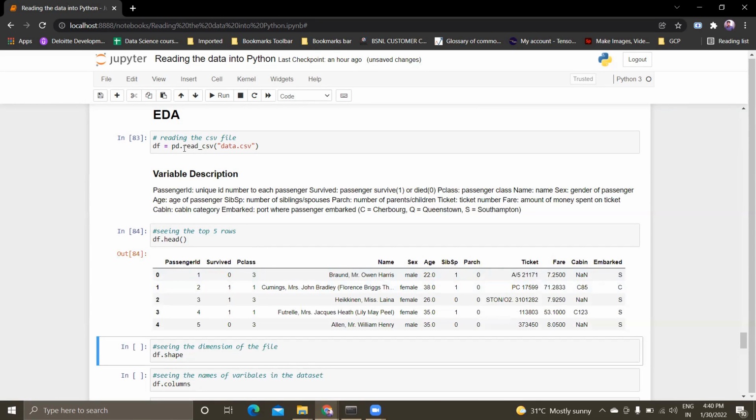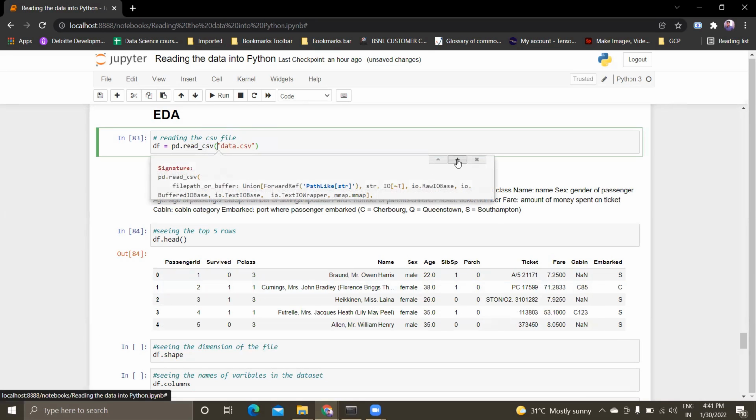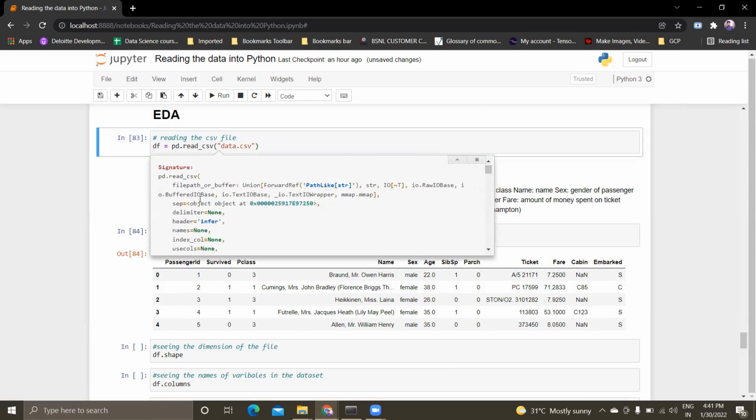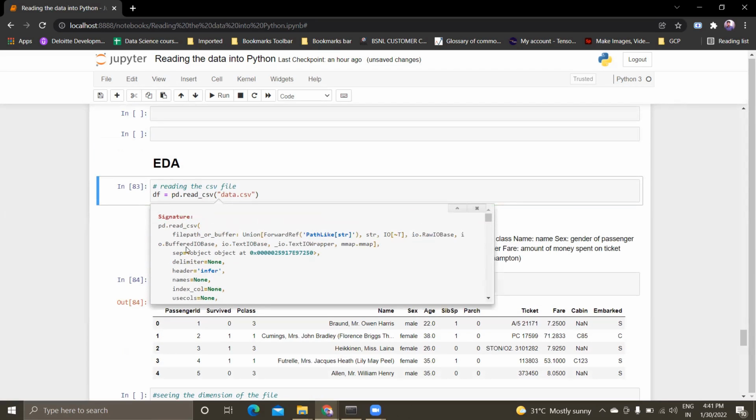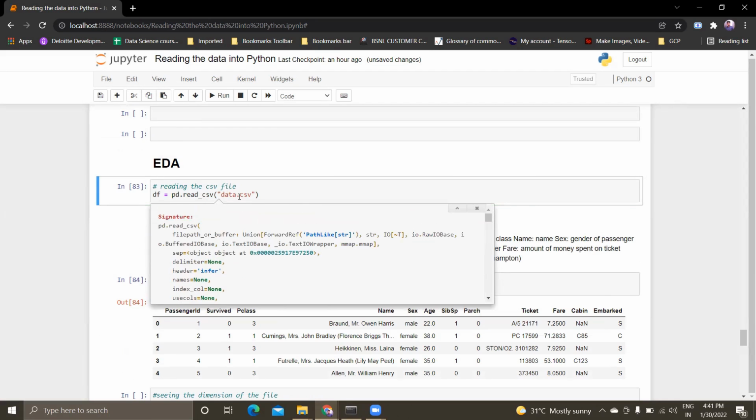I'm using the pandas read_csv function to import this into this Jupyter notebook. We can see the parameters provided by the read_csv function from pandas. These are the main parameters. For now, I'm not using any parameter here, just importing the data file alone.